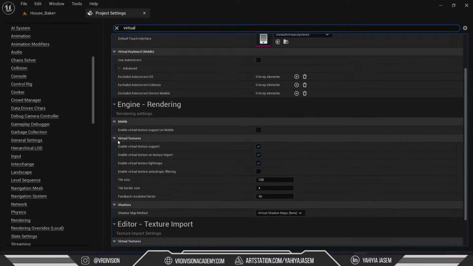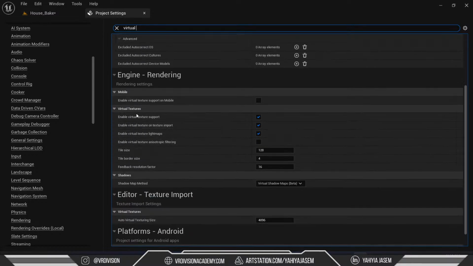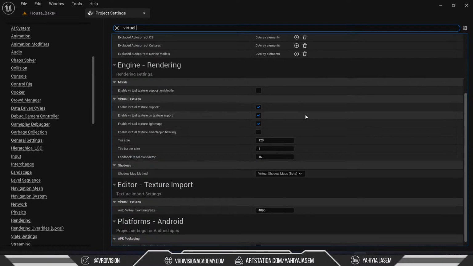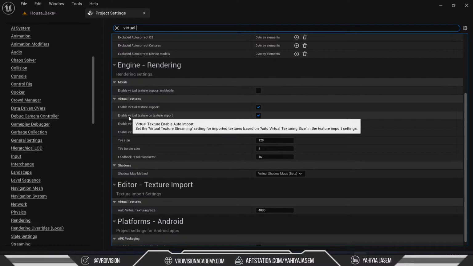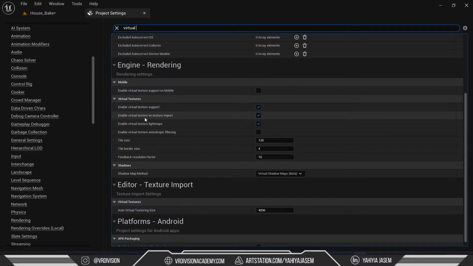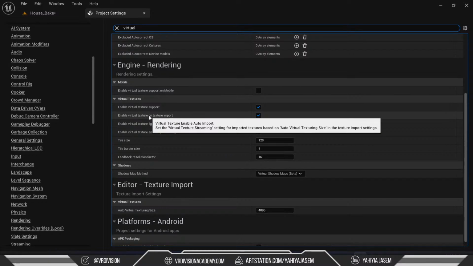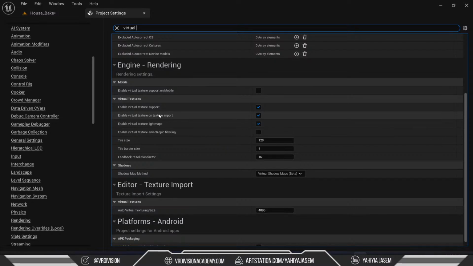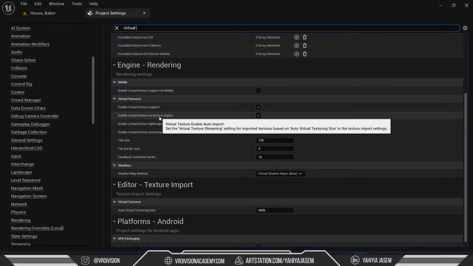So virtual textures, enable virtual texture support. This is the first option, and virtual texture on texture import, that's up to you for the new textures, if you want to enable virtual textures on them out of the box. Virtual textures are just a much better way to stream high quality textures with big resolutions